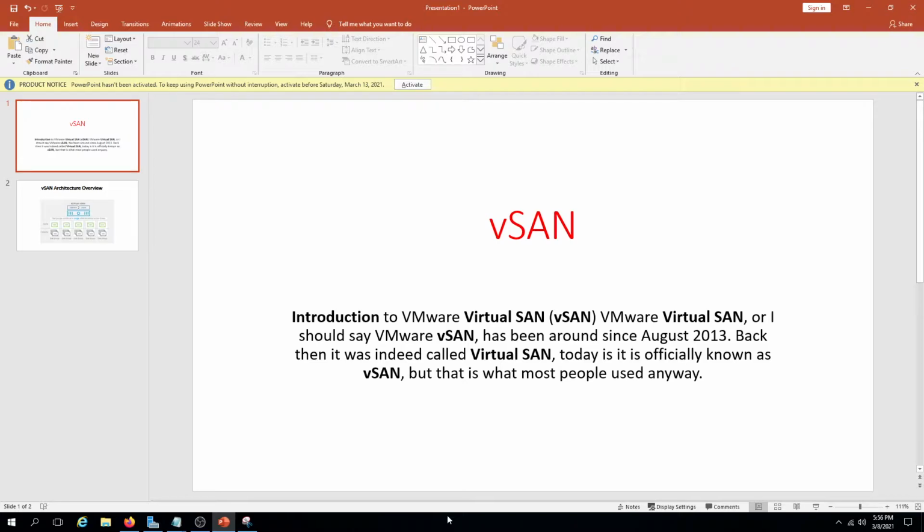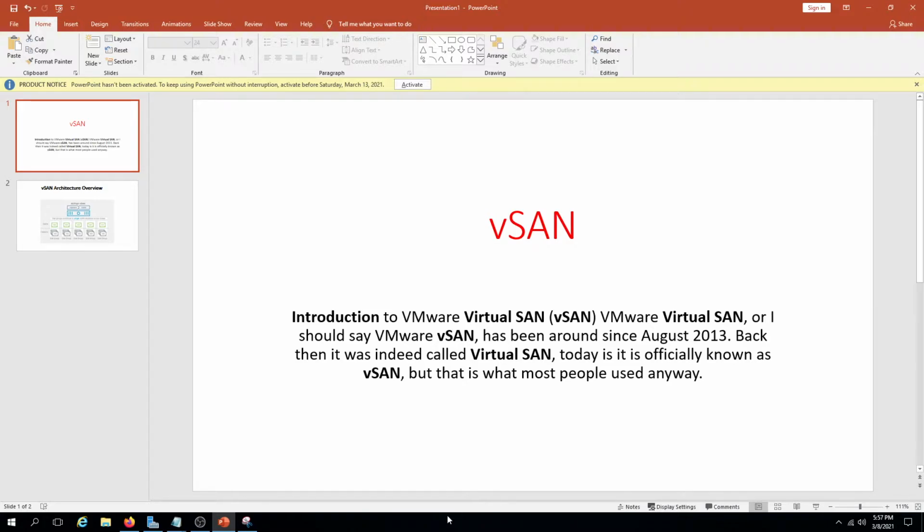Why do we need vSAN? First, let me tell you what vSAN is. VMware vSAN is a software-defined enterprise storage solution that supports hyper-converged infrastructure systems. vSAN is fully integrated with VMware vSphere as a distributed layer of software within the ESXi hypervisor. vSAN aggregates local or direct-attached storage devices to create a single storage pool shared across all hosts in